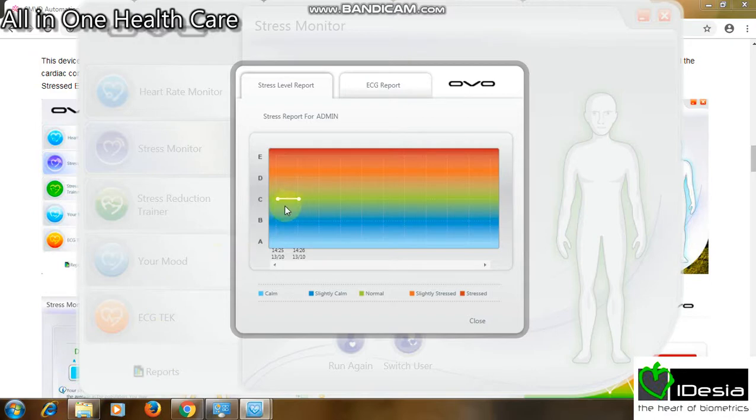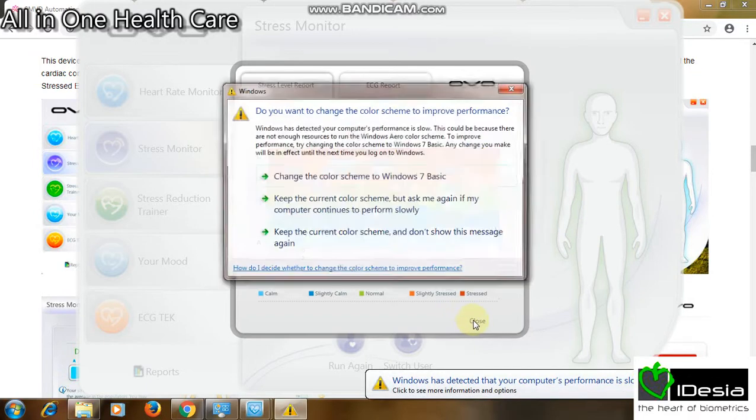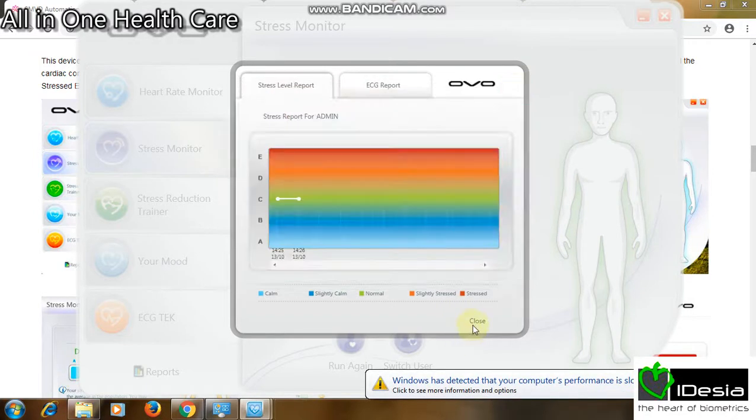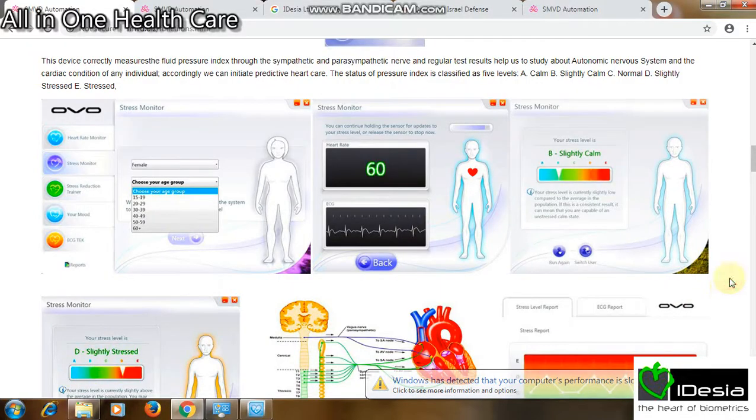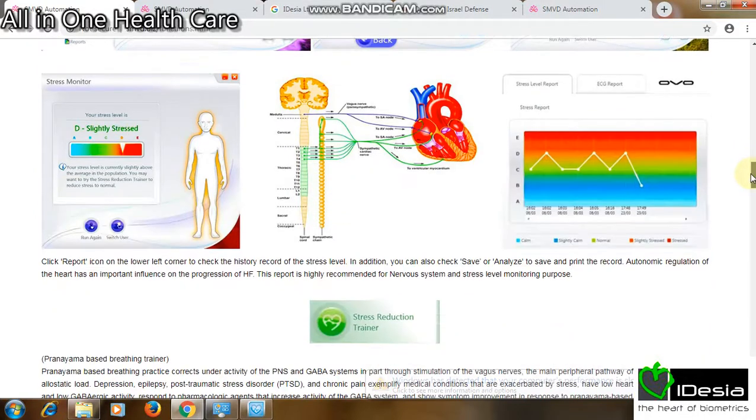So now you can see with the date and time stamp this recording. So if it is going up or down, you can come to know from this graph. However, it will look like this. Okay, so you can understand the progress of the patient, whether he is going to recover or he needs more care. So now what is the solution of the stresses?